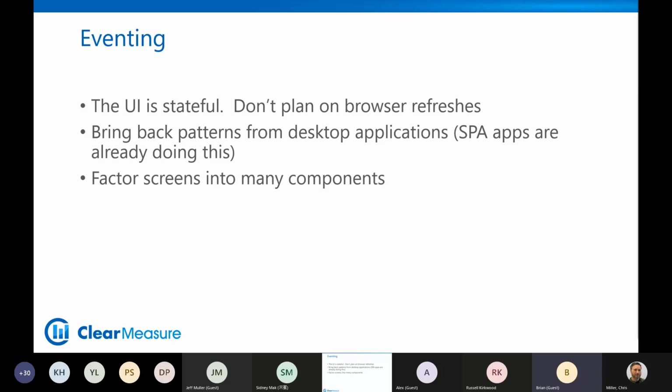It actually kind of leads you to build an application similar to how you would build an ASP.NET MVC, which is not how you want to think of it. You want to think of it more of a desktop application and factor out sections of the screen into different components. Then you're going to immediately say, how do those different sections of the screen communicate with each other?